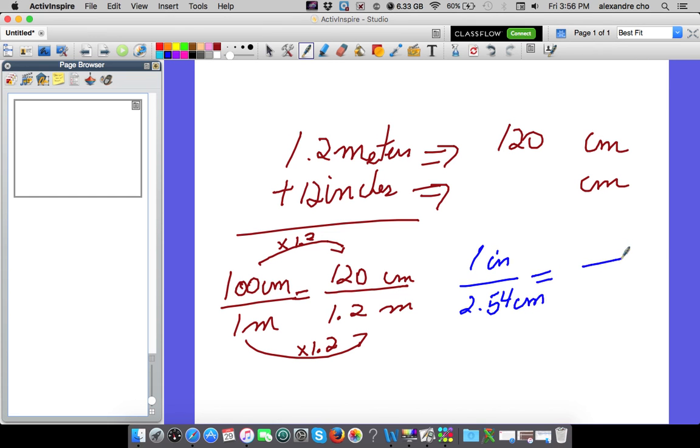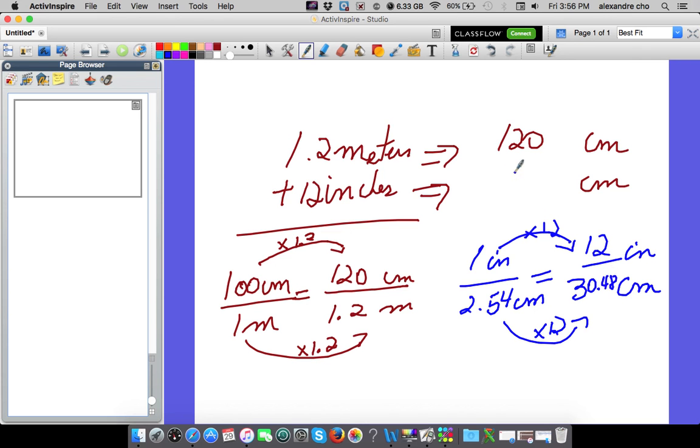On this side, it's going to be inches again, and centimeters at the bottom. So what do we have? We have 12 inches, so I'm going to multiply this times 12. And I'm going to get 2.54 times 12 equals 30.48